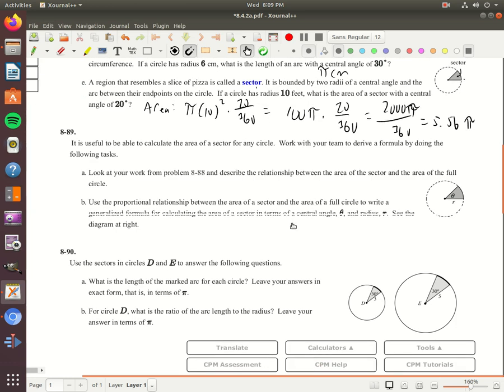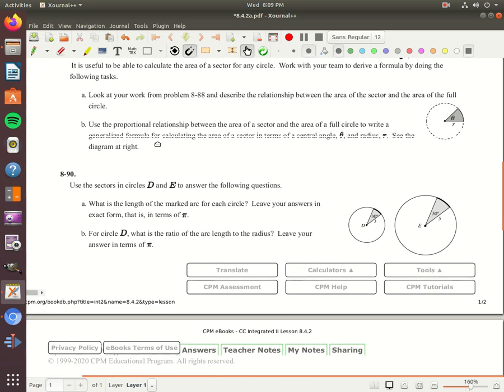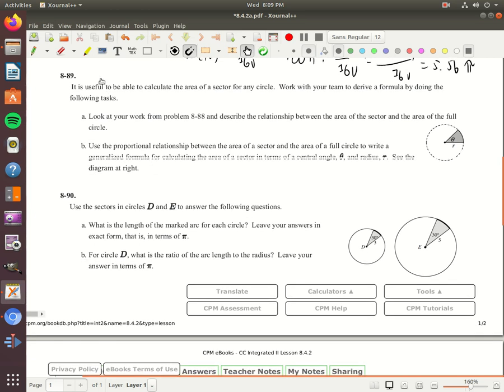All right, so moving along to 889, it is useful to be able to calculate the area of a sector for any circle. Work with your team to derive the formula by doing the following tasks. Look at your work from 888 and describe the relationship between the area of the sector and the area of the full circle. So essentially what we're going to say here is, if we're going to do the area of a sector,